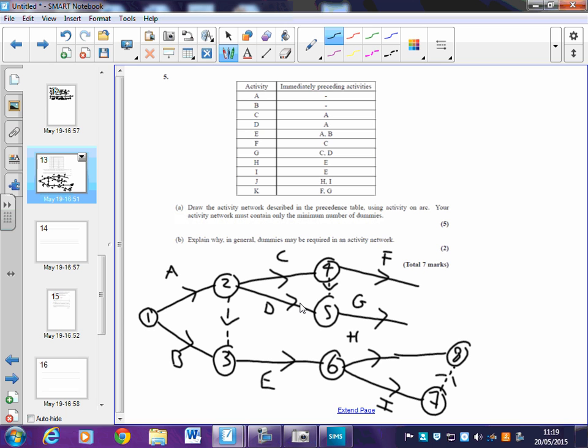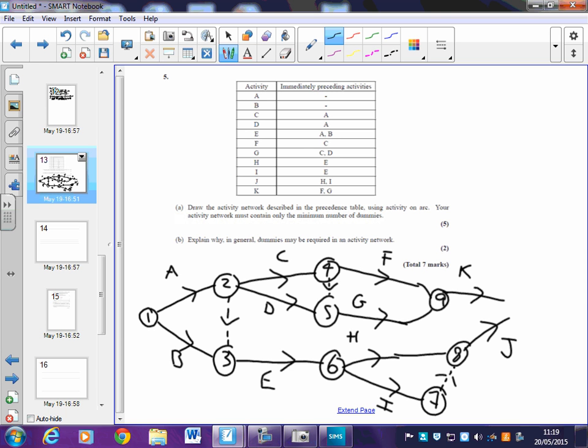The only reason is because they're not allowed to have the same start and finish point. That leaves J free to come out of here. And lastly, I have now got K, which depends on F and G. Now I can finish off F and G together, because F started at 4 and G started at 5, so I'm just going to bring them together there to a number 9,